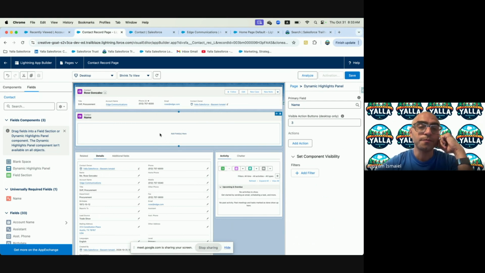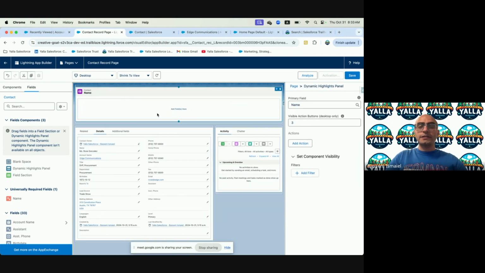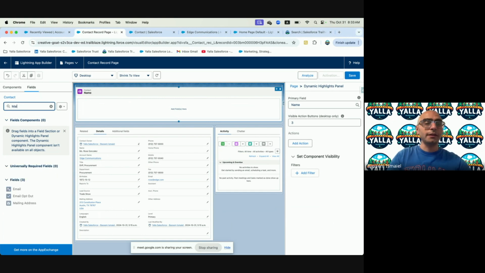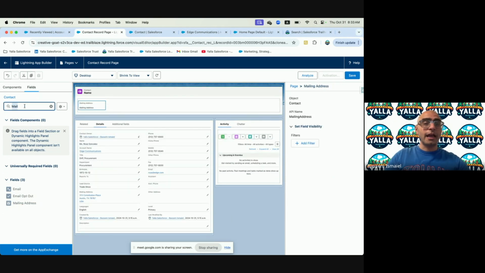What are those features? If my main focus, as a B2B or B2C company, and the most important piece for me is the address, I will go in here, adding a compact layout. I will say, no, I don't need this anymore. And I have the full flexibility in here to add fields. So I will go for billing. We are in the contact, so I have mailing address. I can add it in here. And I have other address. I can add it in here with extra flexibility